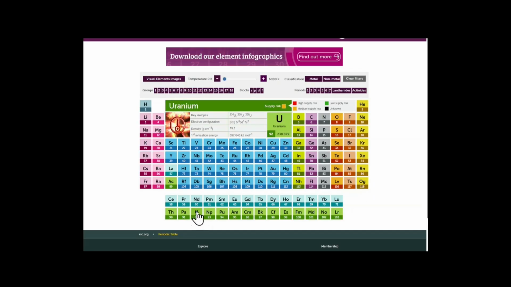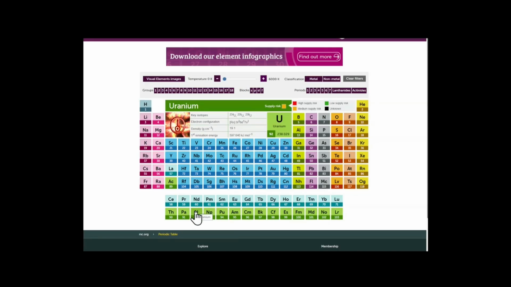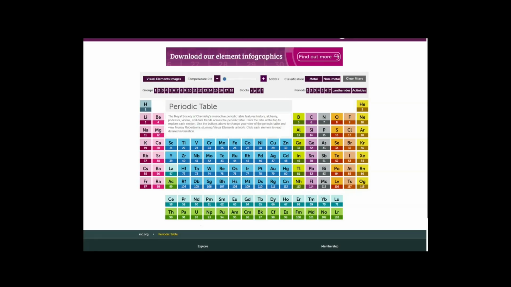Down here we have uranium. Uranium's going to be important a little bit later on, but we have the key isotopes here. So uranium has an isotope of 230. Oh, here we go. Sorry about that. Uranium 234, 235, and 238. So those are the most abundant uranium isotopes that there are. Okay, you should be familiar with that. For us, for nuclear physics,